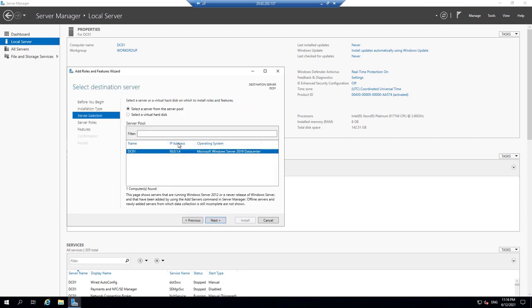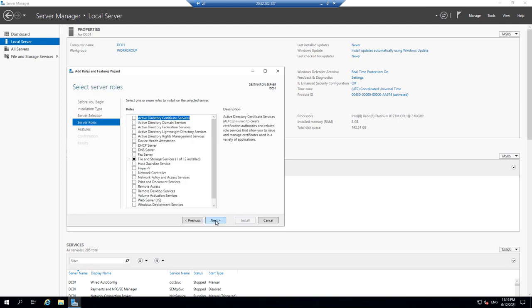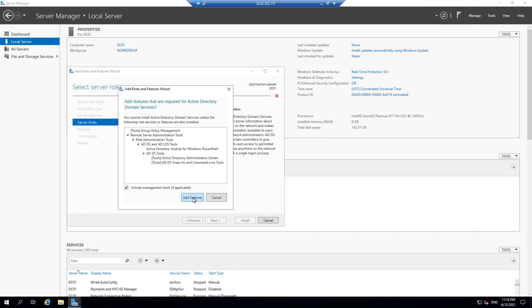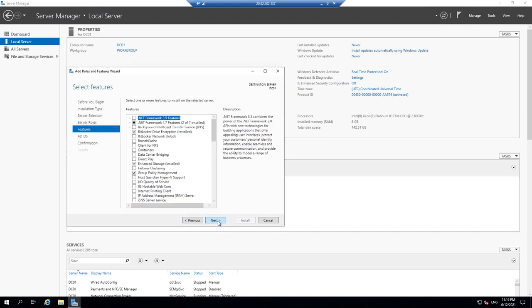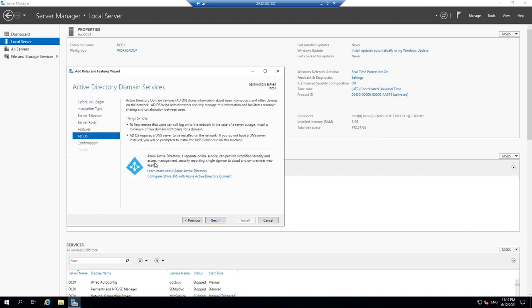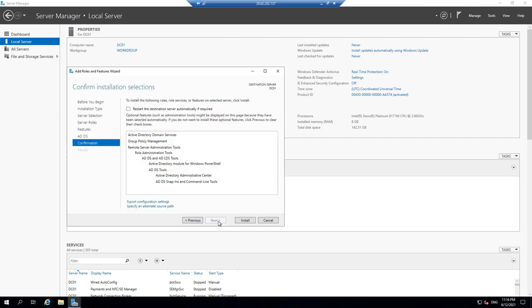I'm going to select my server, and I'm going to select Active Directory Domain Services. I'm going to click add features. I'm going to go next. I'm going to go next, and this is giving me a whole lot of information about Active Directory Domain Services with Azure. That's absolutely fine. I'm going to go next, and I'm going to click restart the server if need be,